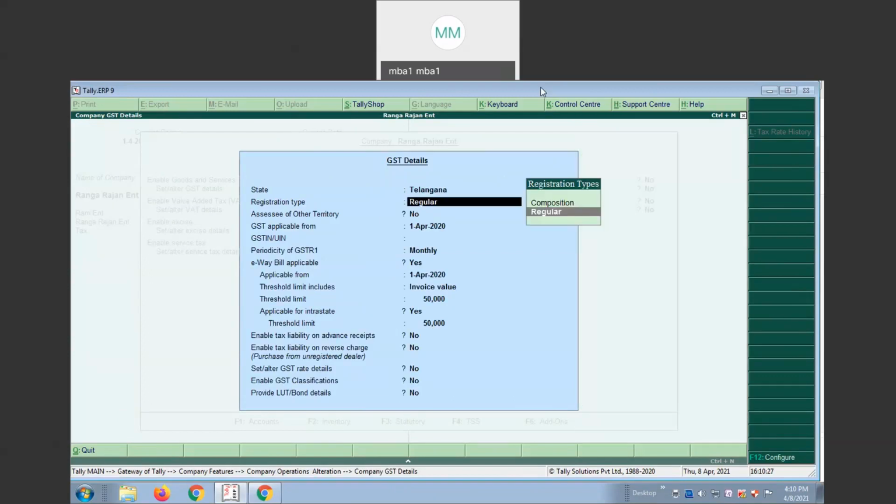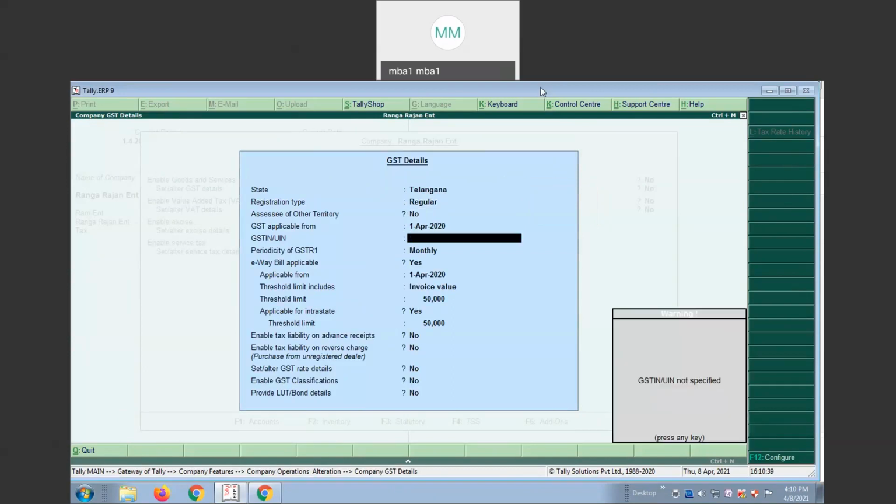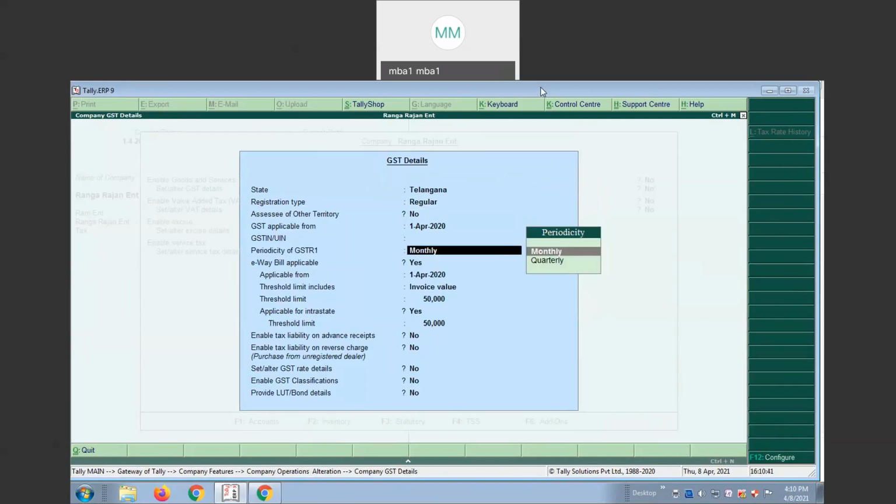State Telangana, registration type regular. If it is a union territory, you need to give the UT details, but this is not UT. GSTIN number, and how you want to pay the GST, monthly or quarterly, you can select here. E-way bill, set alter GST rate details.